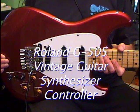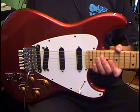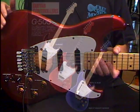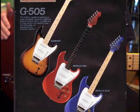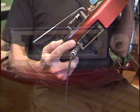G-505 vintage guitar synthesizer controller. It's finished in a beautiful metallic red finish. These guitars came in three colors: metallic red, metallic blue, and then a sunburst finish. And we know it's a vintage guitar synthesizer controller because there's the distinctive large 24-pin output connector on the back